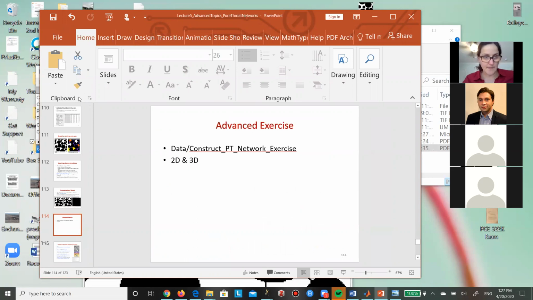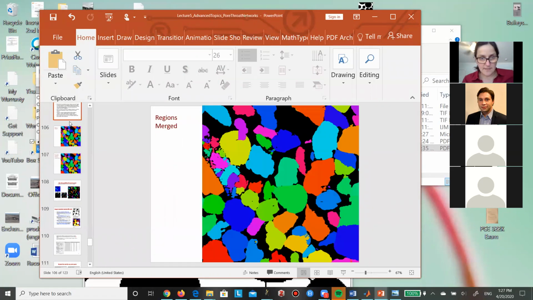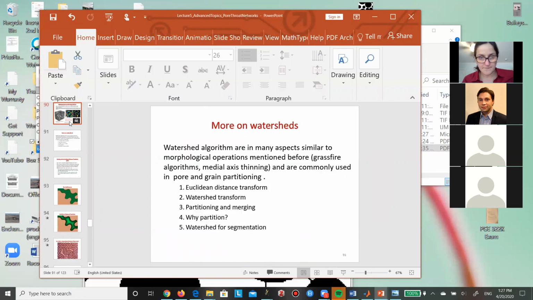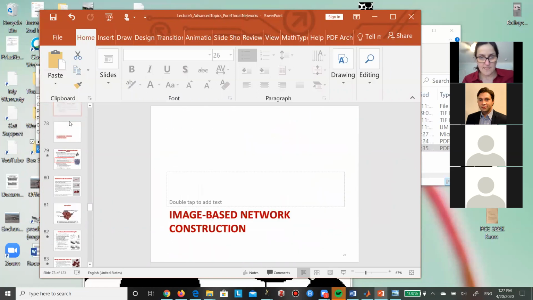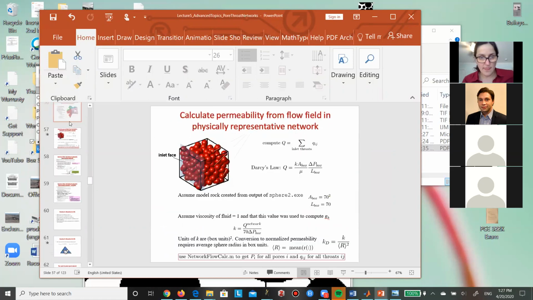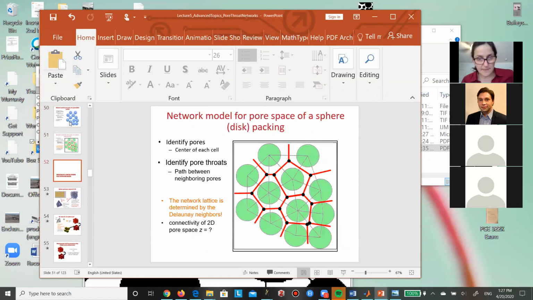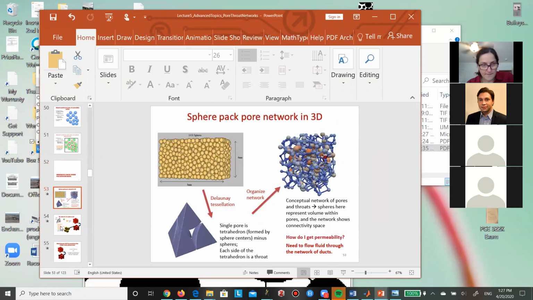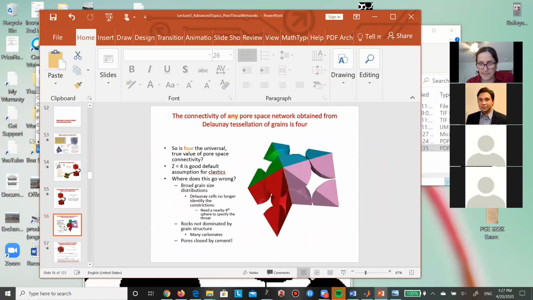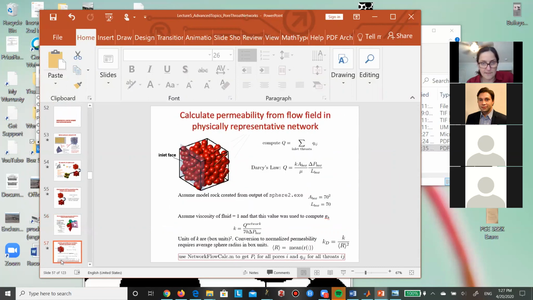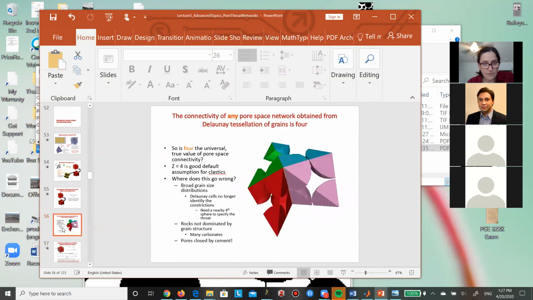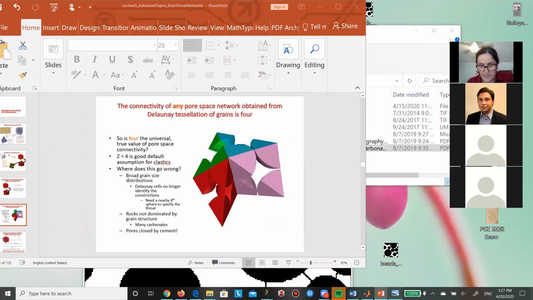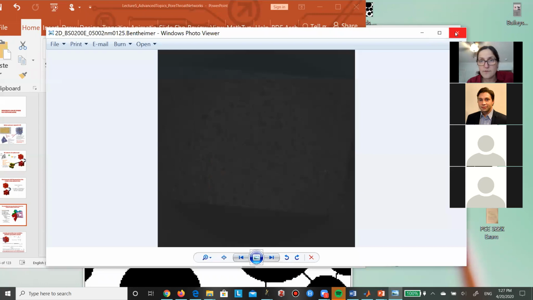No? Okay. So now I would like to get to some exercise with an actual network. And for simplicity, we will use the simple sphere pack network model. So I have already explained how to use Delaunay tessellation to actually get the network. I will now ask you to open up